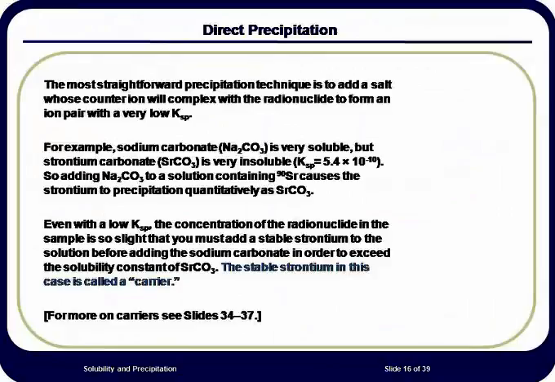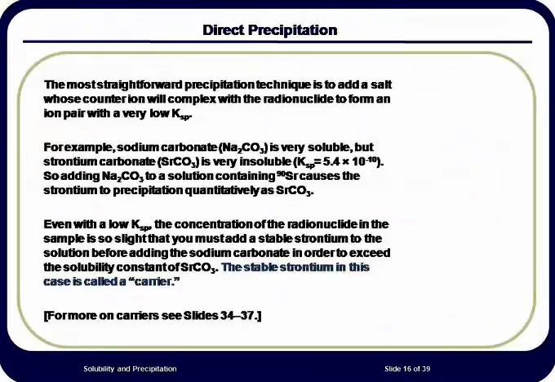There are some radionuclides that we must determine that also have stable elemental counterparts. Strontium-90 is one such radionuclide. Strontium carbonate can be directly precipitated from solution by adding excess sodium carbonate. The strontium carbonate KSP is 5.4 times 10 to the minus 10, and therefore is